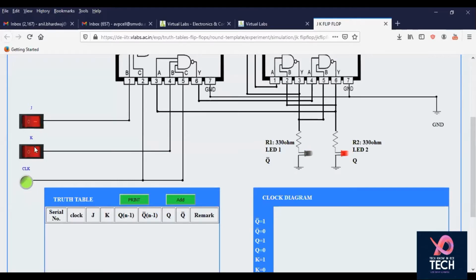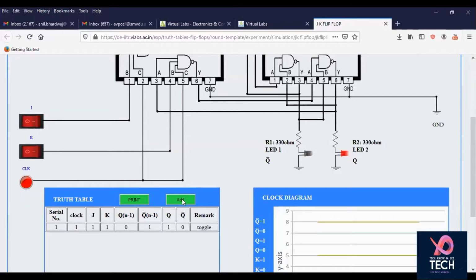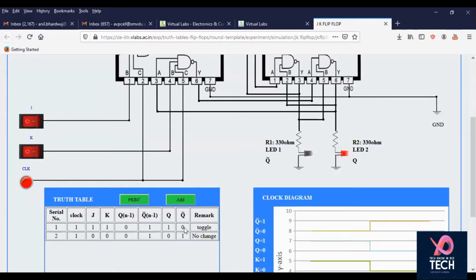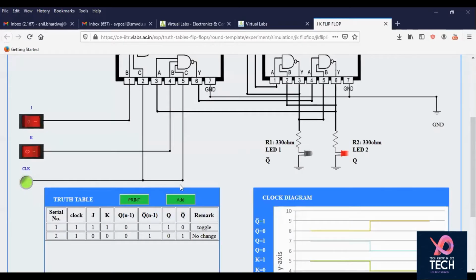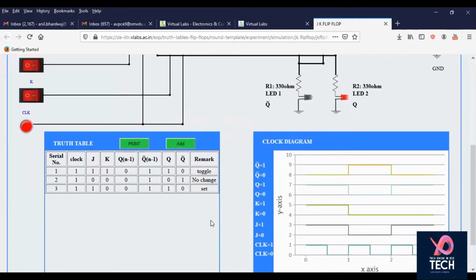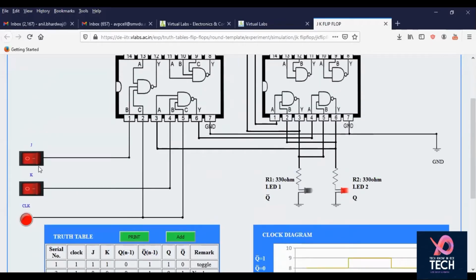That is the good thing. When J and K both are 1, your LEDs are actually toggling. And similarly, you can change and add here. So here you can see they are actually being toggled. If J is 0 and K is 1, and you apply the clock, it is actually being set.